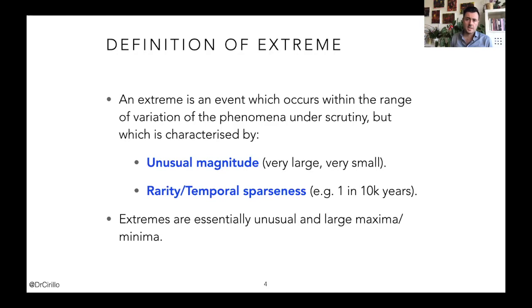The second characteristic is that an extreme event needs to be rare. So it needs to be an event that we do not observe regularly. It's something that rarely manifests itself. So an extreme event for us is something that is extremely large and rare. When we are in front of an extreme event, then we can use, for example, extreme value theory. As we shall see later, even if they are very tricky objects, we can also introduce a third